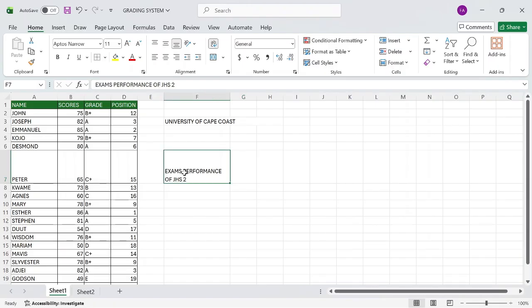Take note of that. Mostly text wrap is good when you have long column headers, and also when you want to give descriptions or paragraph notes. So you have to wrap text